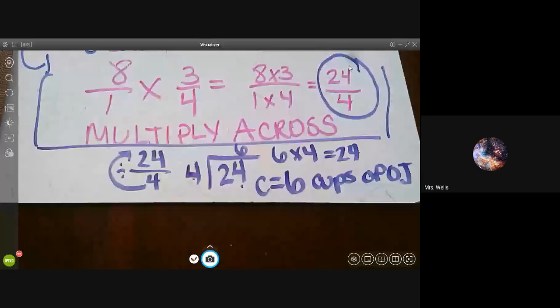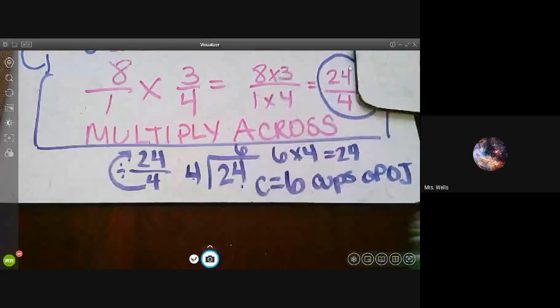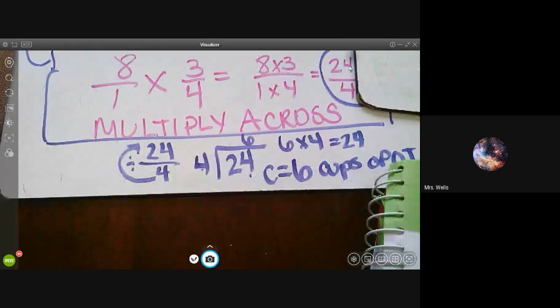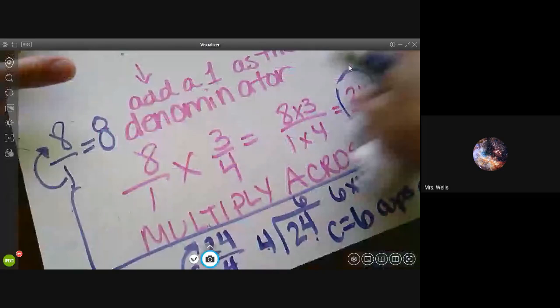While you are doing your practice buddy, which is what I'm having you do, please remember that you are going to be writing. I would write the work out. So if you have a problem that looks like this,